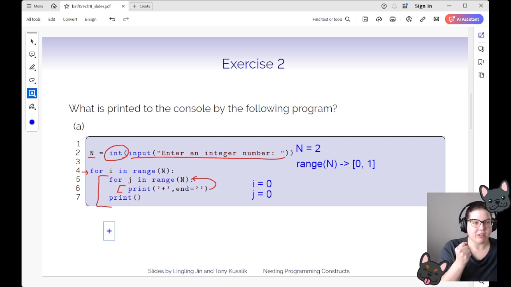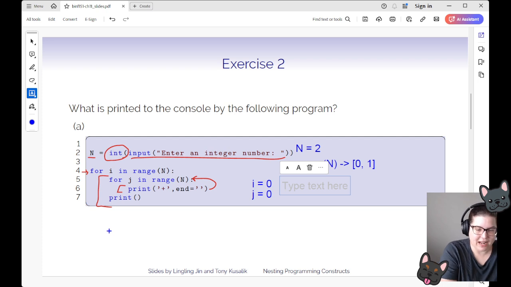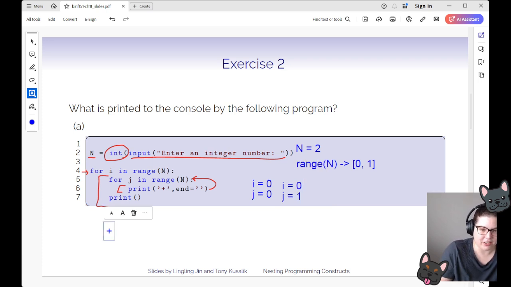So you ought to think of the computer kind of like it's delegating a whole bunch of workers, and it's saying, once it hits this for loop, okay, go do that and let me know when you're done. And it won't continue with what it was doing before until it knows this other piece here is done. So for the next iteration of that inner for loop, which is the one with j, i will still have a value of 0, but j will now have a value of 1,